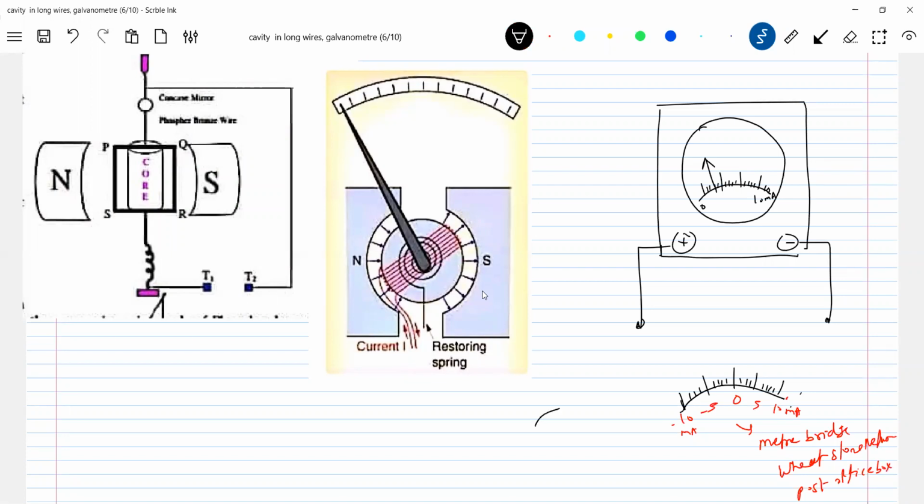Next, galvanometers: zero, 5, 10, 15, 20 milliamperes. So look at the pointer. Where is the zero? The zero of the galvanometer is on the one side. So this galvanometer we use exclusively for